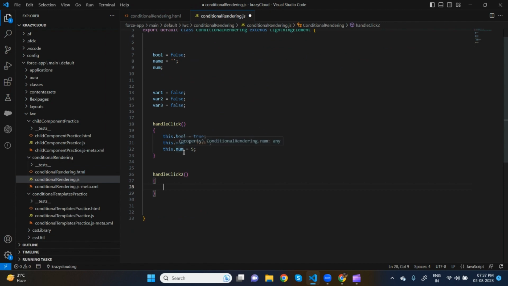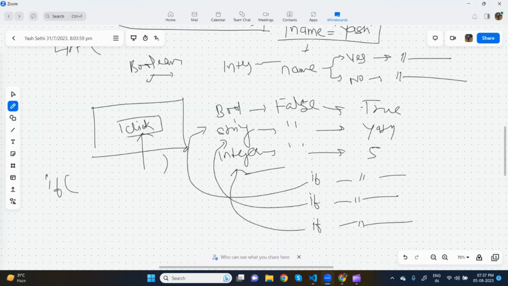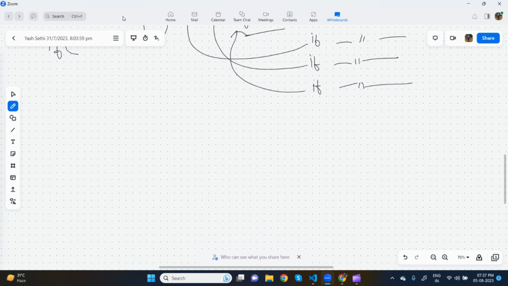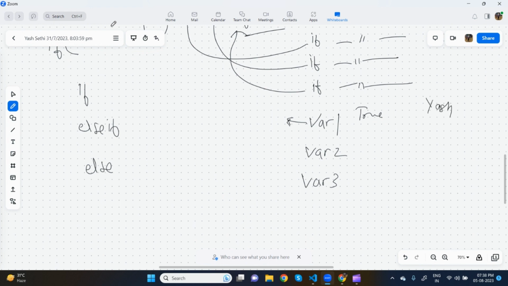Now what we'll do is if and else. So how it works, let me show you. If, else if, and else. And we have three variables, where1, where2, and where3. So what we are going to do is, if where1 is true, then we'll show Yash. If where2 is true,